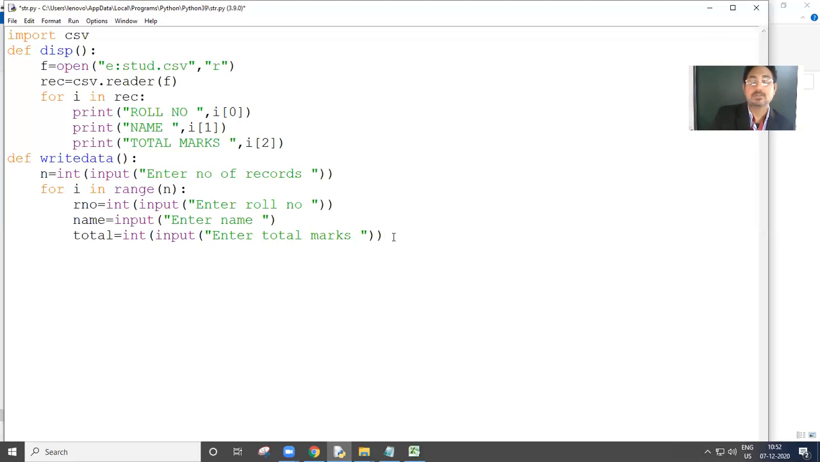Once the data is entered, you have to write this data into a CSV file. Now CSV file में लिखने का तरीका क्या है कि वो एक लिस्ट फॉर्मेट में होना चाहिए, as I displayed you. So I will write it here, rec is equals to, I will take this as rno, name and total. ठीक है, and I will write that into csv.writer rec,